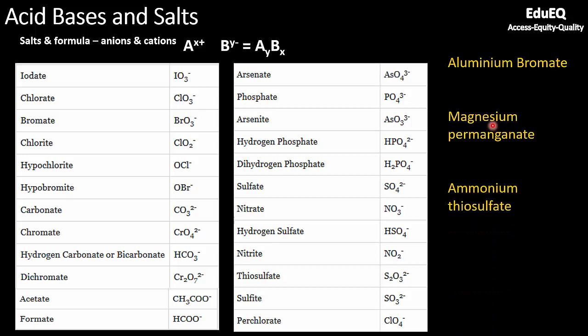Shortly we will see all the answers. Coming to ammonium thiosulfate, ammonium you know is NH4 +1. So oxidation state here is +1 and here it is thiosulfate, you can see from here it is 2 minus. So this 2 should go to ammonium group and 1 from ammonium group should go to thiosulfate. Finally, calcium acetate. You know calcium is +2 and acetate is nothing but -1. So 2 from calcium should go to acetate group and 1 from acetate should come to calcium.